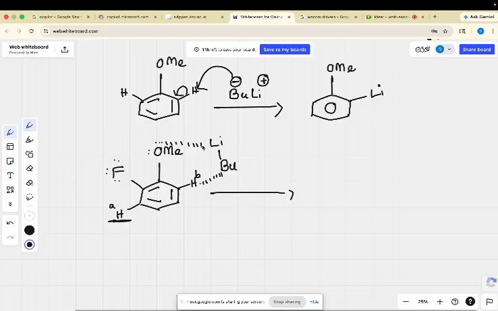Oxygen can easily donate electrons to lithium, and that is the chelation property. Clear? So butyl minus takes up the proton, and then you will get this. Here I have OMe, here I have fluorine, and here you will